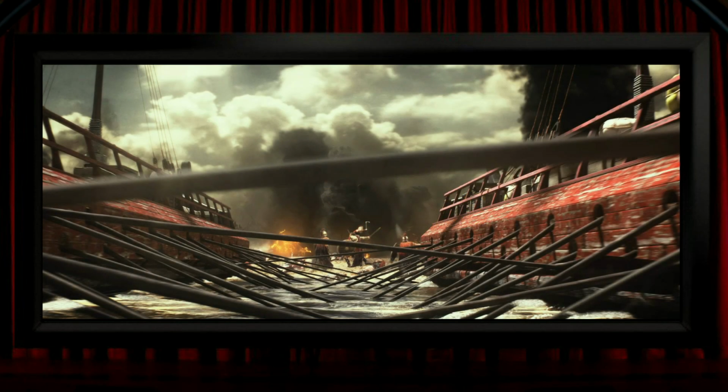And the opening shots of 3D films often set out their stall by giving you an idea of how seriously they're going to take the 3D, and this one is an absolute tour de force of fantastic 3D. It's presented as a single continuous take, beginning underwater during a battle with bodies and weapons falling towards us, and then the camera moves up out of the water and it passes through the oars of the ships here. And whilst this looks like it's maybe not top-notch CG, it's a great camera move for 3D,